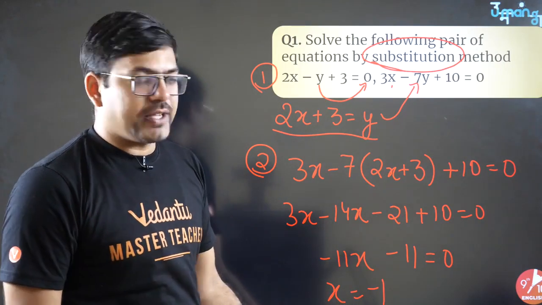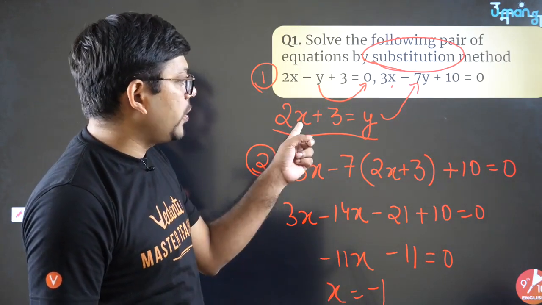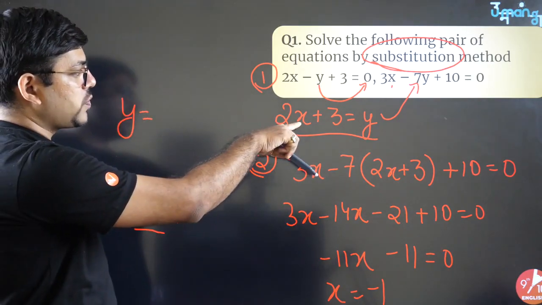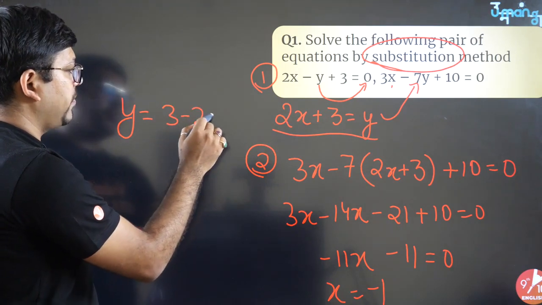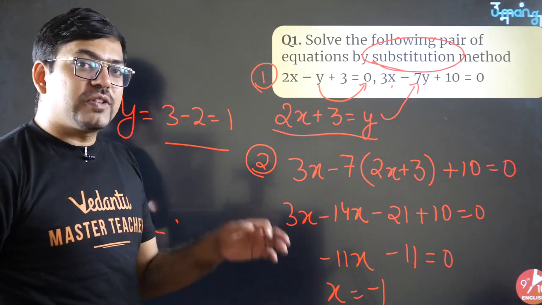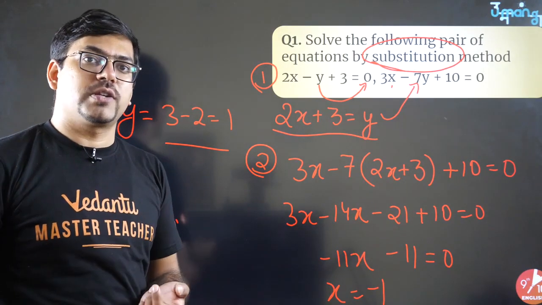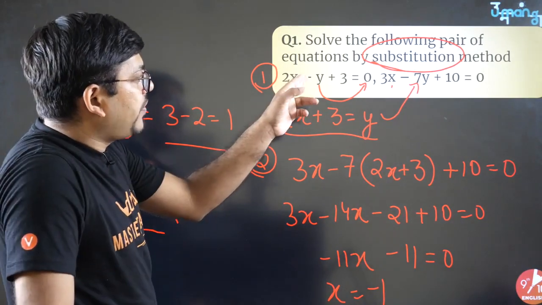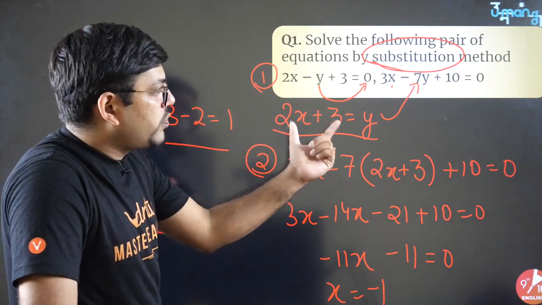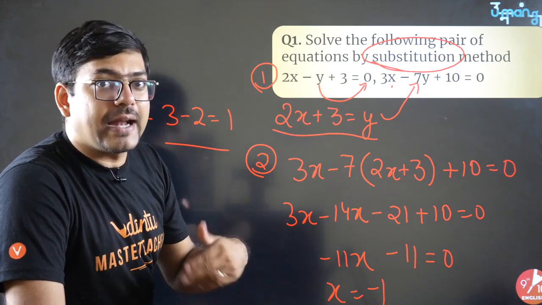So once you have got x is equals to minus 1, you can actually put this value here and you can find out the y. So y will be equals to 2 into minus 1, minus 2. So 3 minus 2, value would be 1. Eureka! We got the answer so easily. So this method is actually called the substitution method. What you did, you actually found the value of one variable from one of the equations and you substituted this value in the other equation. That is what you did.